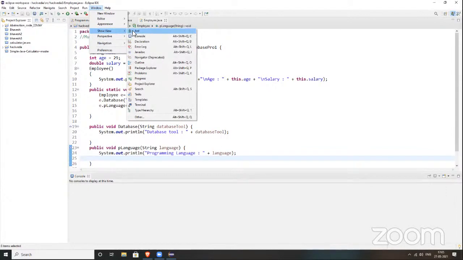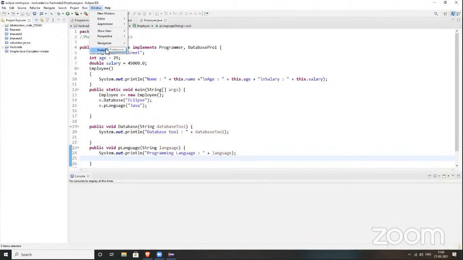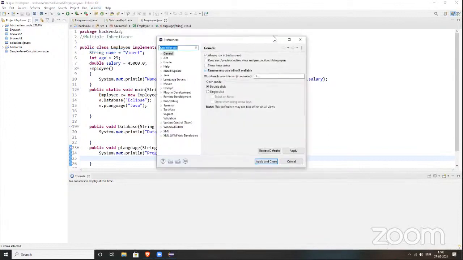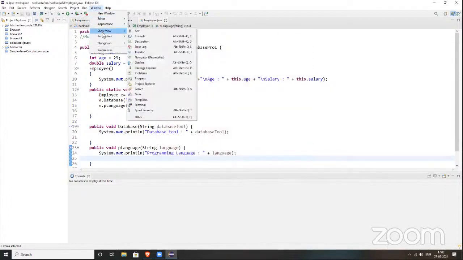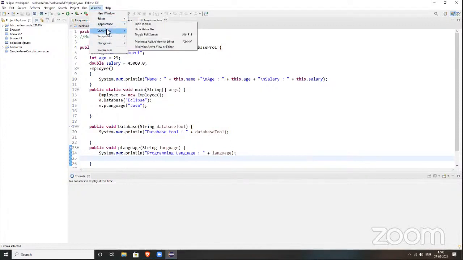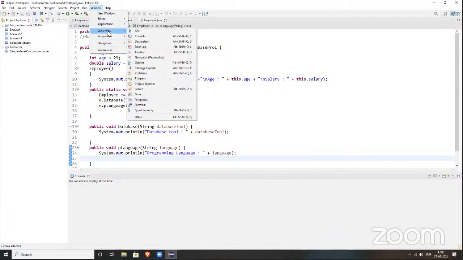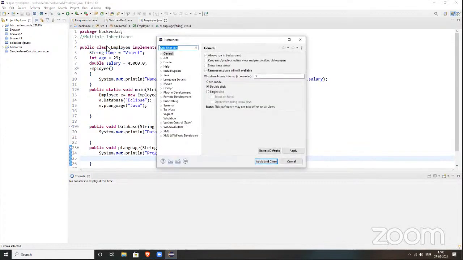What is that Ant? Ant is something with respect to bug finding. Even I'm not sure about it, but I think it is related to bug finding, like we make breakpoints and all. I'm not sure on that, I will check and update you. But regarding the console and all, you will get it from there itself. Console, appearance editor, package explorer, progress bar, and preferences. Click on this preference, so you will get it from here.